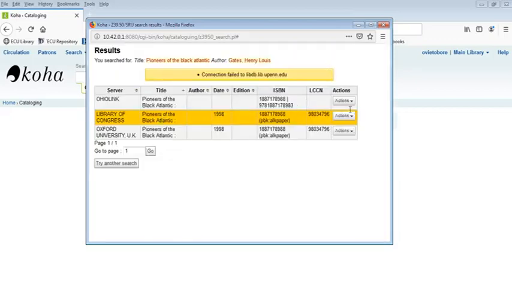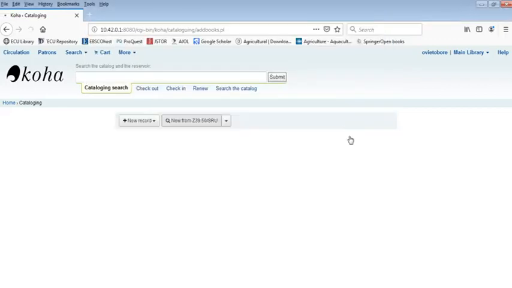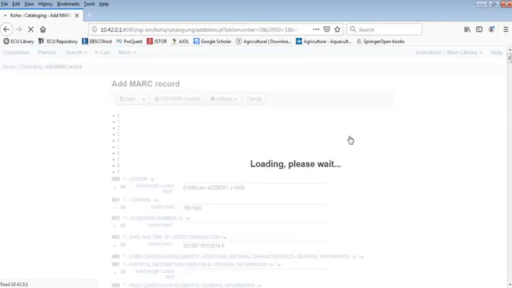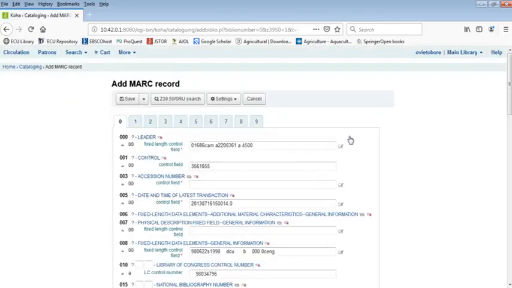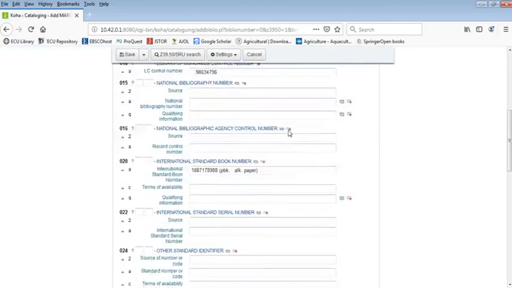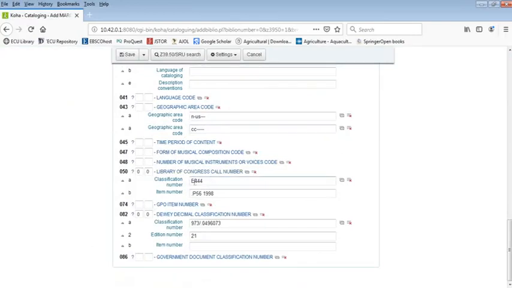Having confirmed that it is the book, you just click on action and import. So it is now importing the bibliographic records of this book from the Library of Congress database, and you scroll down, you see the class mark of the book and the item number of the book. So this is the major information we are looking at since